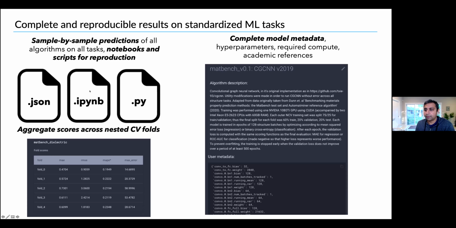Similarly, there are IPython notebooks for every model that show you how the model is actually run in order to get these results, so that you can run the same code yourself, and the Python code scripts as well as the IPython ones. And also for every single model, we have a lot of metadata. So some description of the model, as well as what parameters were used, et cetera, to run this model. So it really helps not only tell you what the best models are, but also helps you run them and make sure that you're running them in the same way as other people.